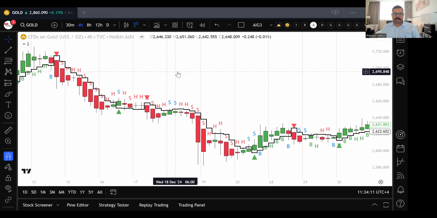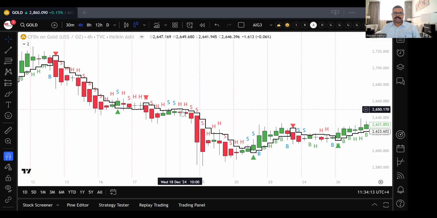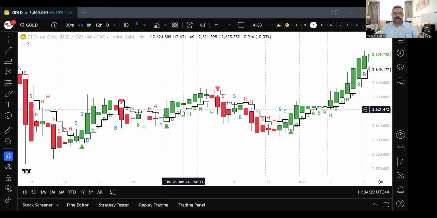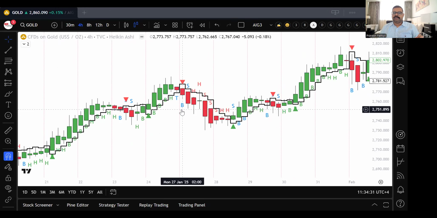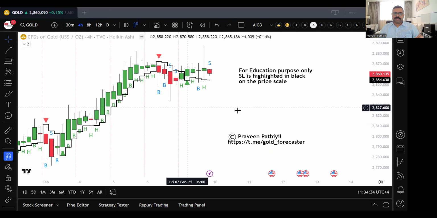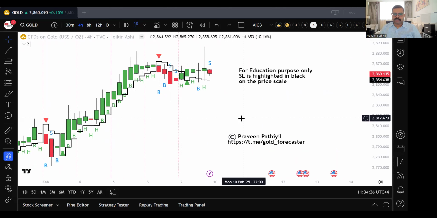But whenever the market moves sideways, the stop loss gets moved sideways, like the line gets moved towards the sideways. These are the places wherein you need to get in and out according to the latest trend. It is not worth holding a positional trade in this kind of fashion where the market is moving sideways. So this is a clear identification. I hope you can get an understanding right now based on these particular charts that we are populating in our